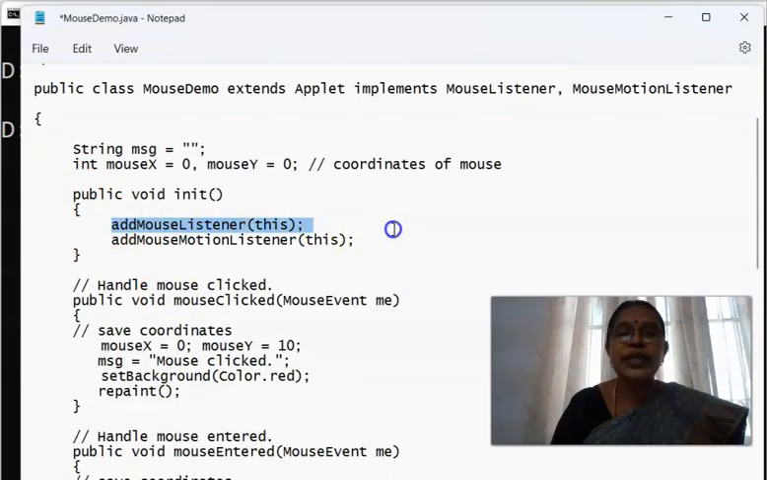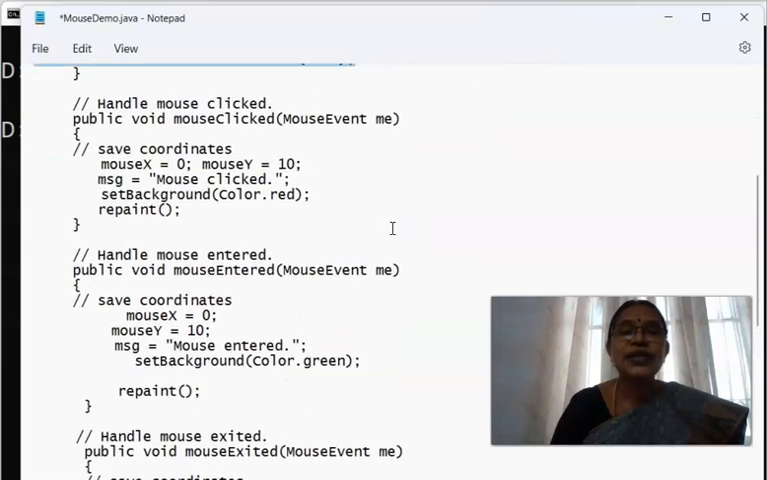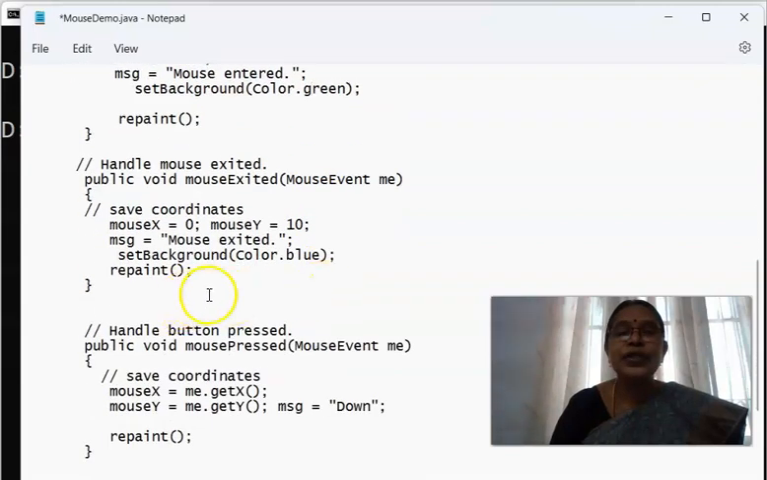So in the init method of the applet, we register with the mouse listener interface and mouse motion listener interface, and we include the 7 methods. When the mouse is clicked, we get the coordinates, and then we give the message mouse clicked, and we set the background color as red. Then in the upper left corner, at x coordinate 0 and y coordinate 10, we display the message mouse entered, and we change the color to green. When the mouse goes out of the window, we display the message mouse exited, and we change the color